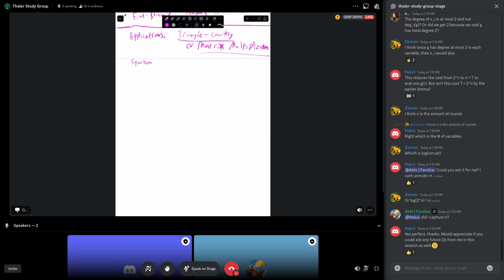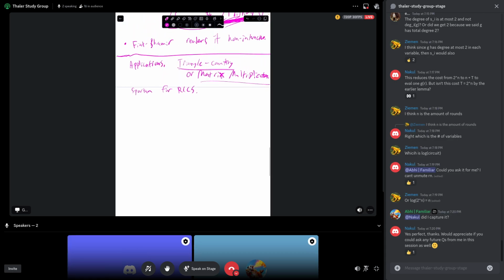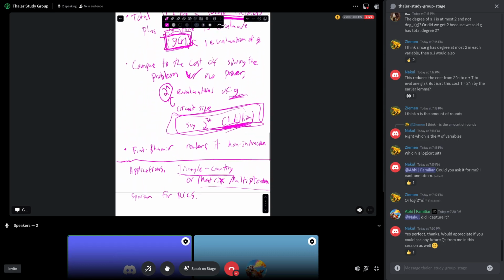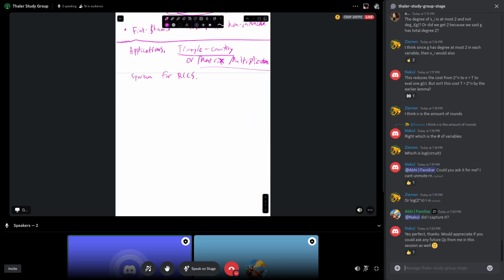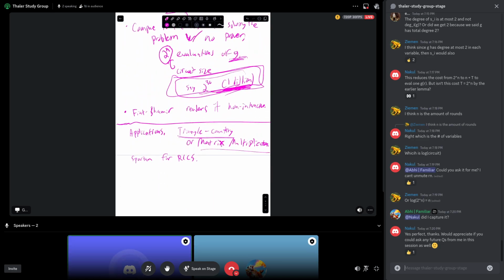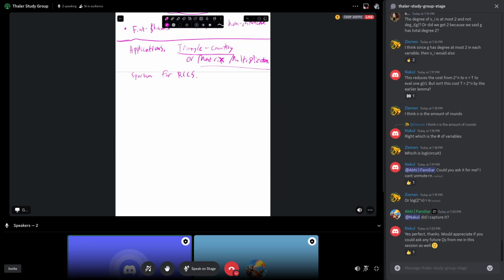basically Spartan for R1CS. Just to give a sense of why this evaluation of g the verifier can often obtain quickly, and why n is like log circuit size, and so forth. So the point of Spartan is meant for the prover to prove that it, so P claims